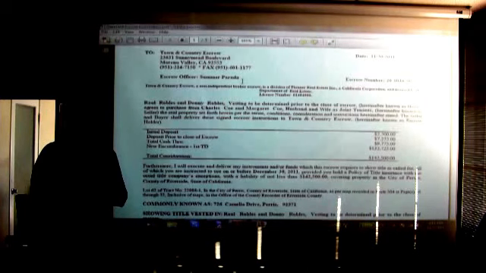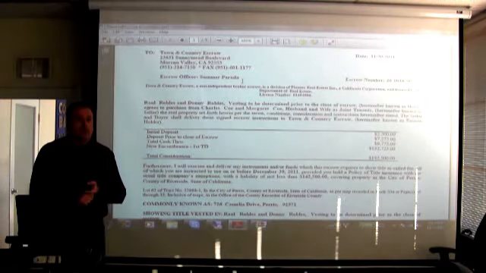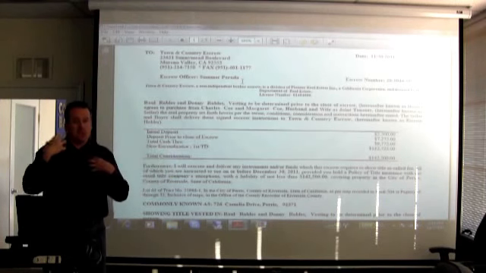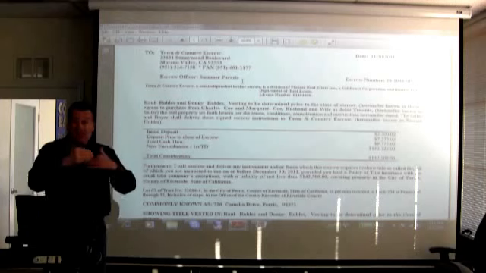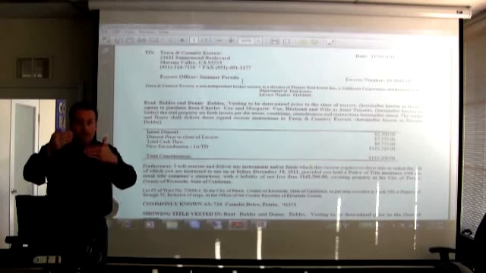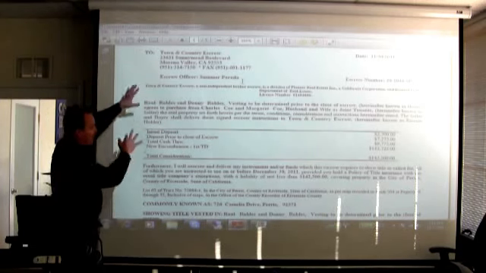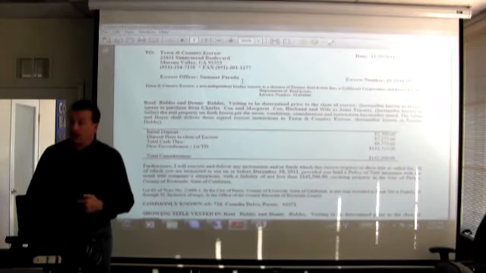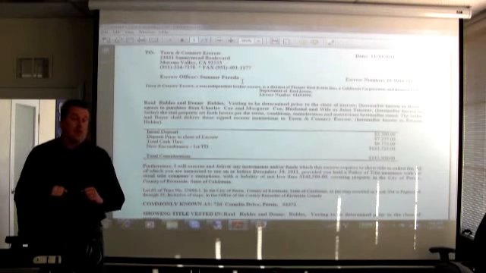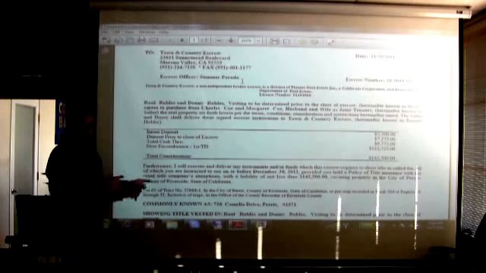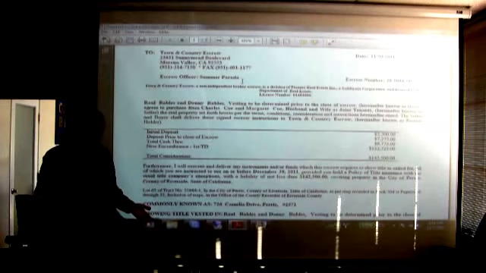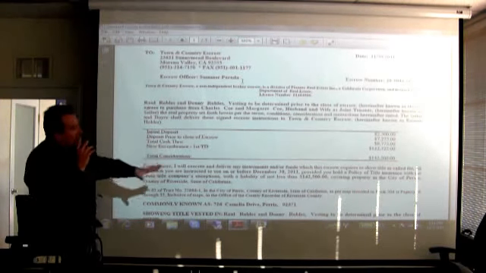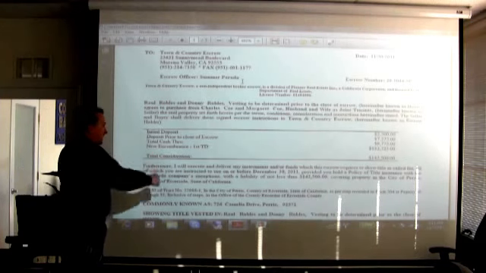Neutral, third party, unbiased party that basically does what they're told. If you do this, then do that. If that happens, then do this. And then ultimately, the end goal is to do what? Close the deal. So if all of these things happen in the instructions, then the escrow holder is instructed to close the deal. If these things don't happen in the instructions, then the deal don't close. So again, this is not a contract, but now I don't have the purchase contract to mirror the escrow instructions,